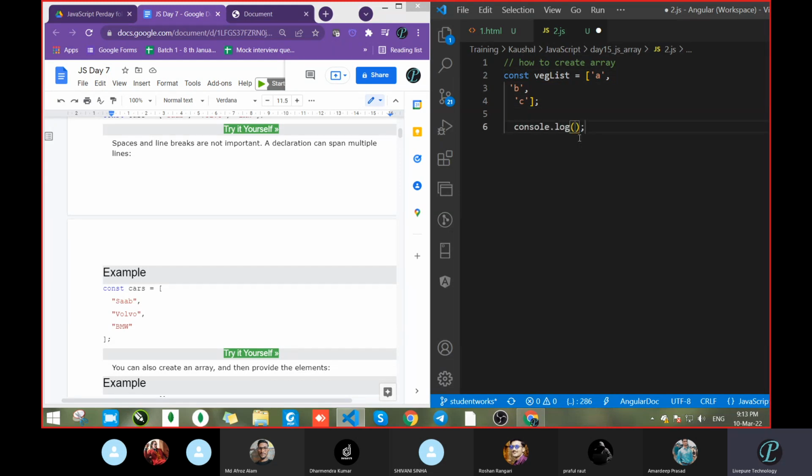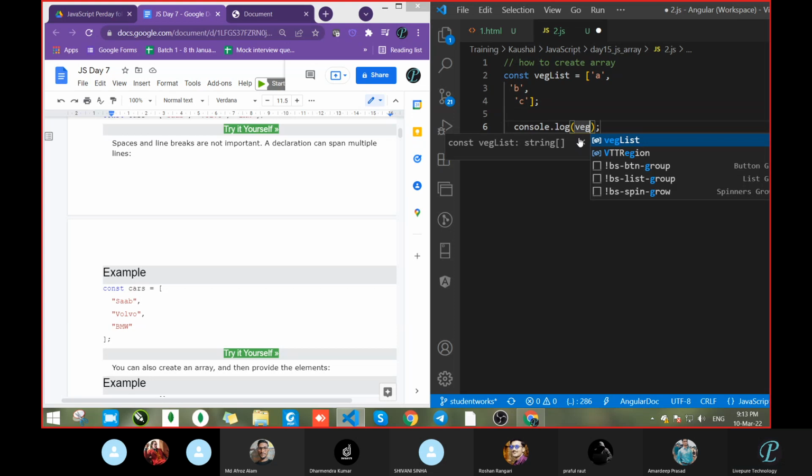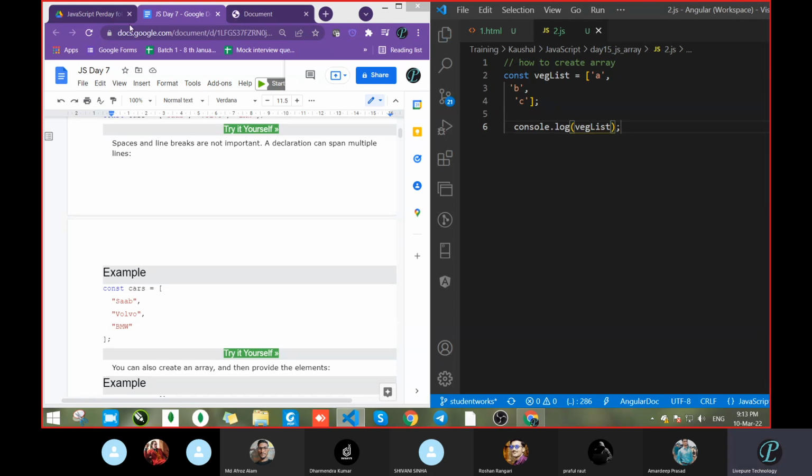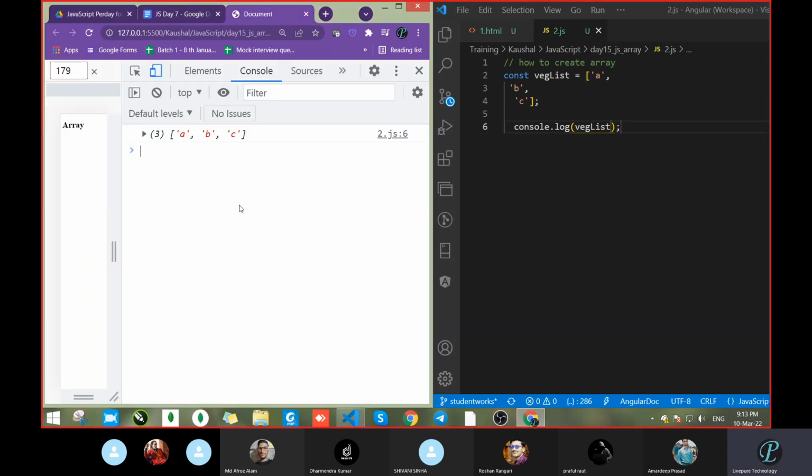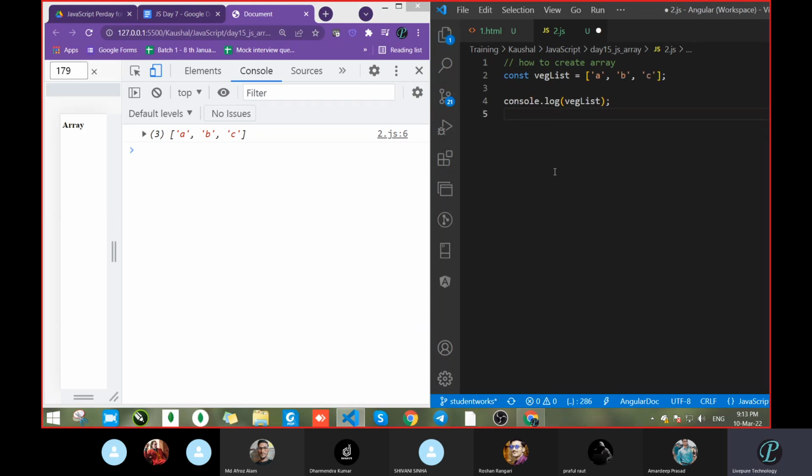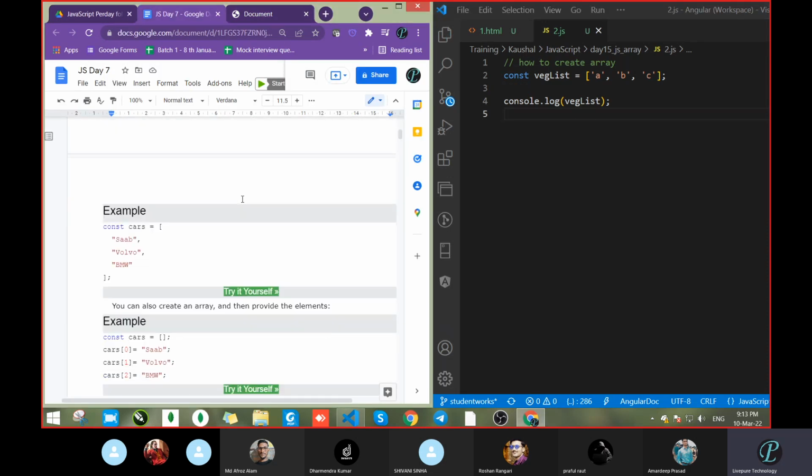So console.log page list, save, and check whether we got output or not. So we got the output A, B, C. There is no issue whether line break or not, but the best practice is that we do formatting. So Alt Shift and F does the formatting. Always, if you have written one line of code, do formatting.